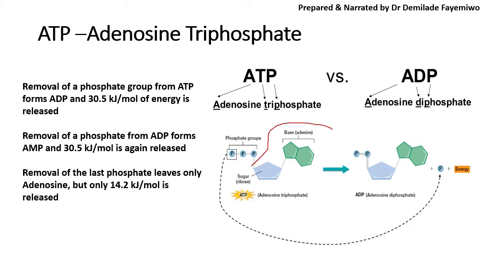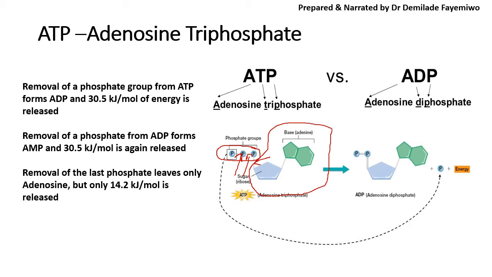So you have adenosine, which is adenine combined with a ribose sugar, and you have 3 phosphate groups over here. And the way ATP produces energy is by breaking the bonds between the phosphate groups. As you can see, there's a bond here, there's another bond here, and there's another bond here between the 3rd phosphate and the ribose. And by breaking these bonds, we are able to produce energy.